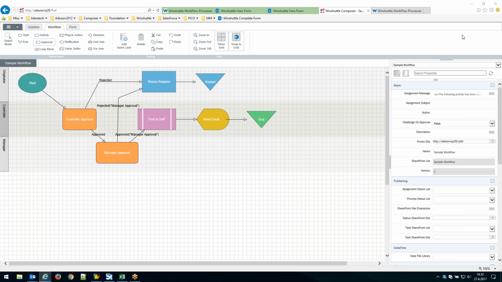So the next one would be the full foundation, which also has the Windshuttle integration server, and this is the part where you can start doing workflows, and this is what you have. So in answer to your question, yes, you would need a server to be able to run the workflows. As far as licenses are concerned,